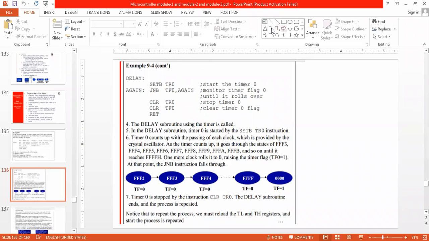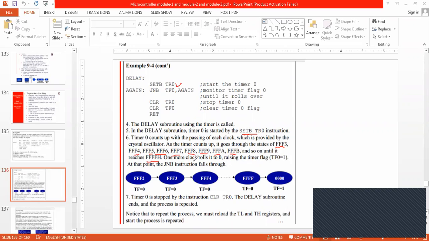Whenever it is being started, what will be the next count? FFF3, FFF4, F5, FFF6, 7, 8, 9, A, B, and what? C, D, E, and FFFF. One more clock cycle is required to roll it to 0000.